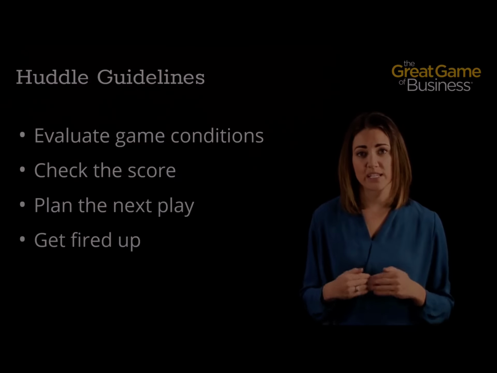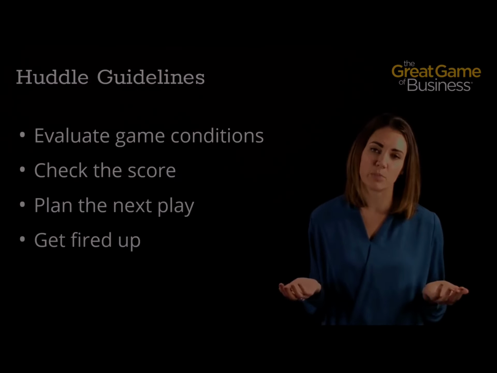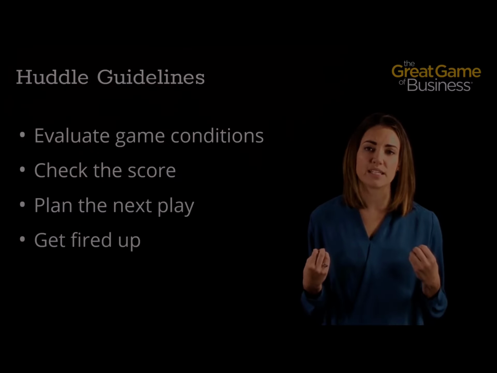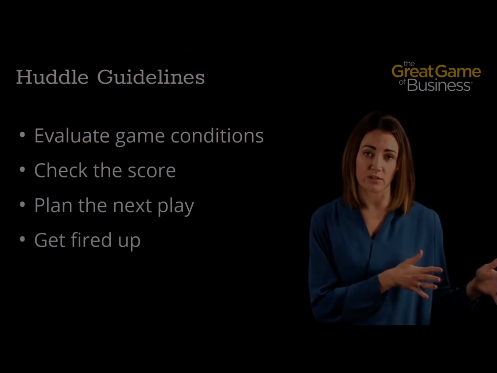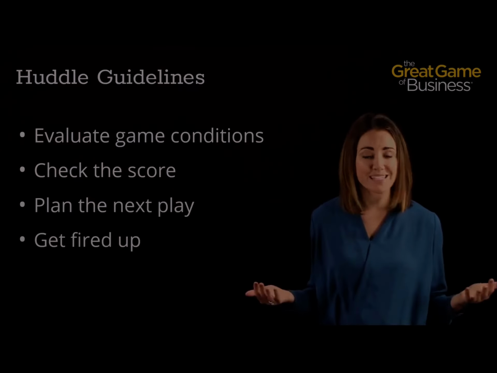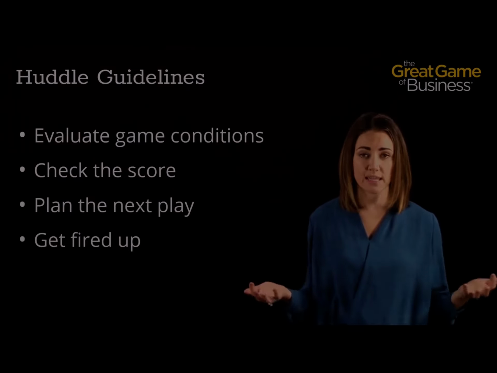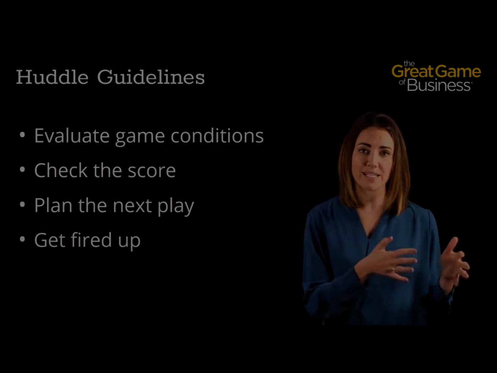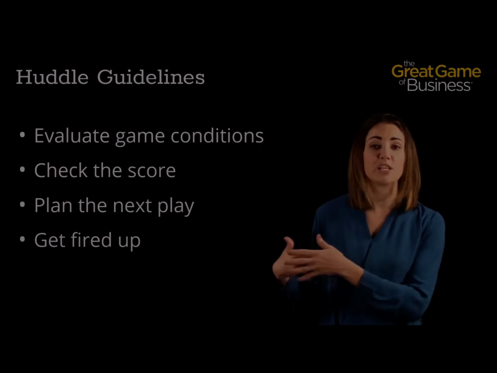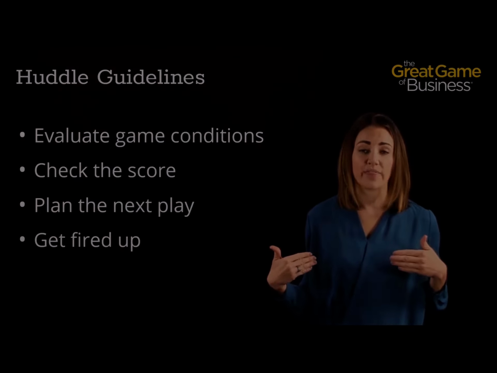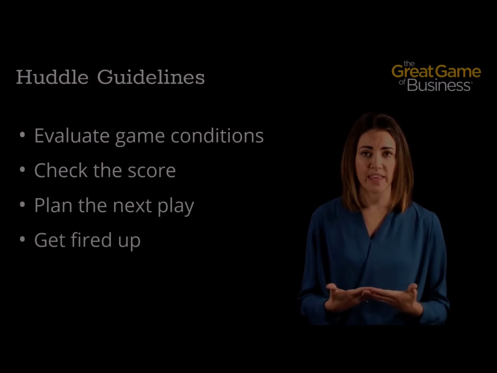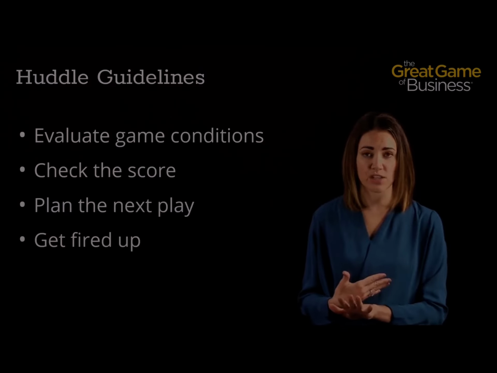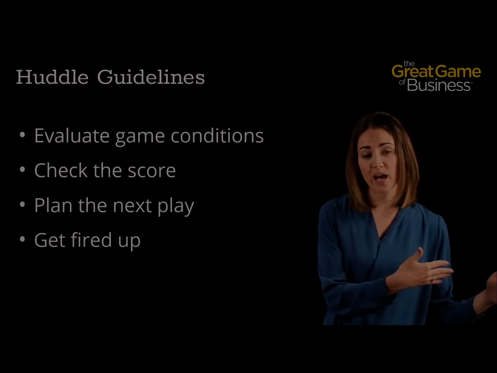Once you go through the entire scoreboard, you're then going to plan the next play. The way we do this is by committing to one thing that we can be doing between now and next week's huddle to change the score. Depending on the size of the organization and who is in the huddle at the time, you might go by department and have each department commit, or you might have each person in the room commit to one thing. Basically, have people think about what's one thing they could focus on based on the conditions of the current game that would move the score in a positive direction.